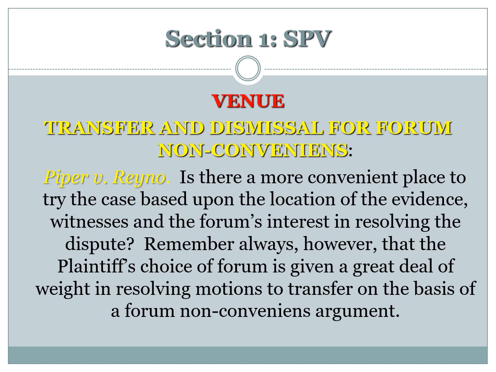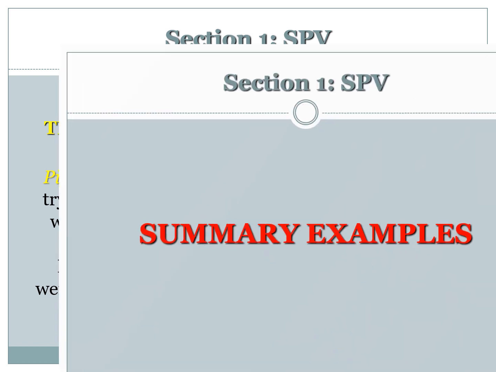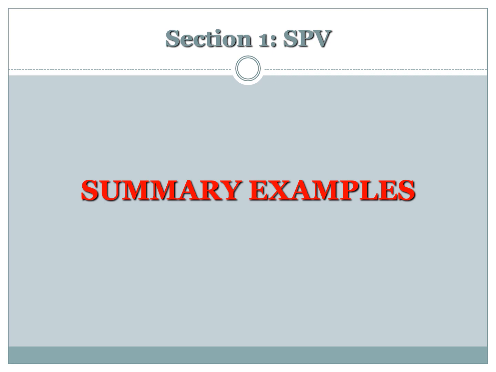Lastly, for venue, oftentimes a party may seek to transfer a case based on this being a less convenient venue than others, or even to move to dismiss it based on what we call forum non conveniens. So a party can seek to transfer on forum non conveniens, or ultimately even dismiss on forum non conveniens, as we saw in Piper versus Reyno. The question becomes, when reviewing venue for either transfer or dismissal purposes, is there a more convenient place to try the case? And this specifically looks at the factors about the location of the evidence, the location of the witnesses, what's the forum's interest in resolving the dispute, and what's the party's desire to have the forum resolve the dispute